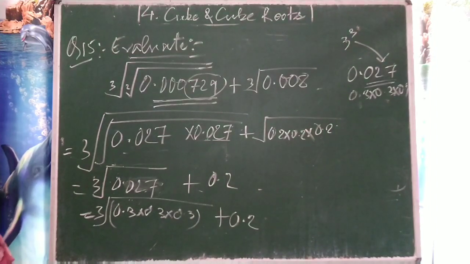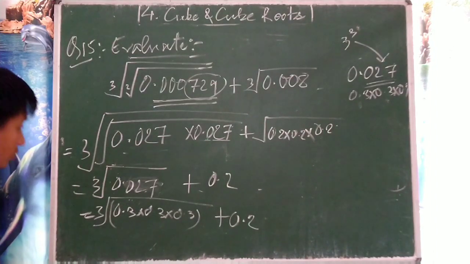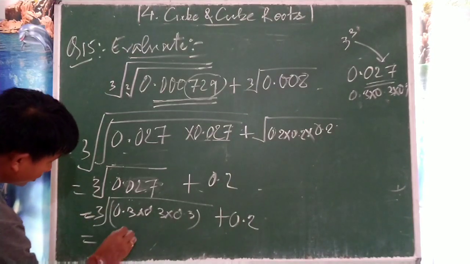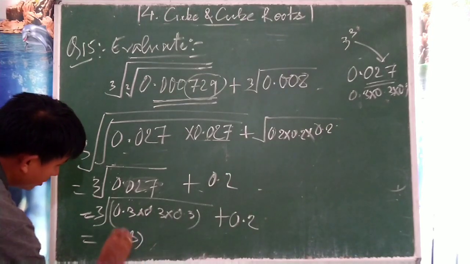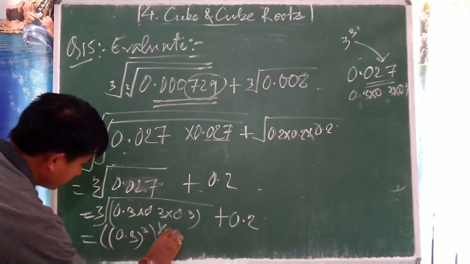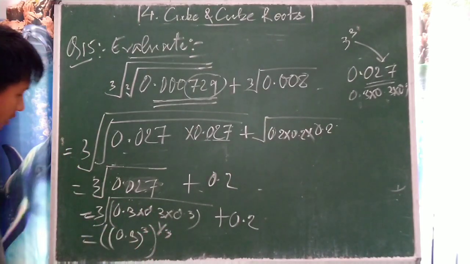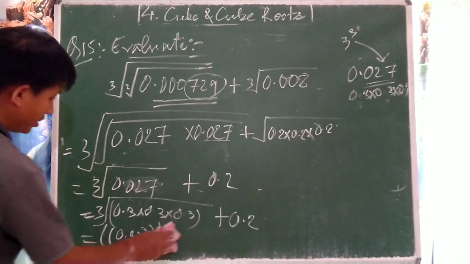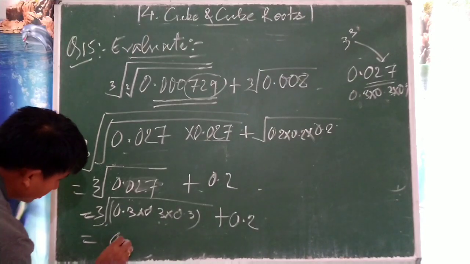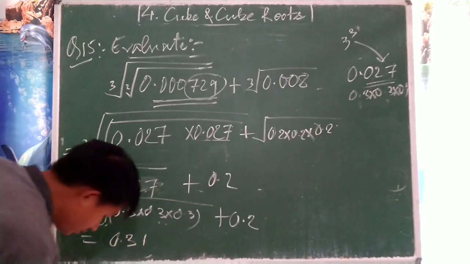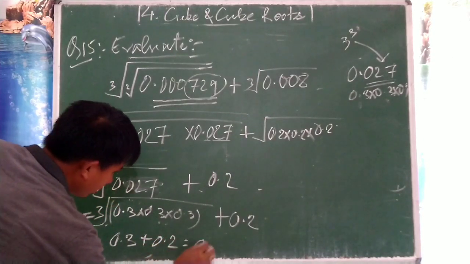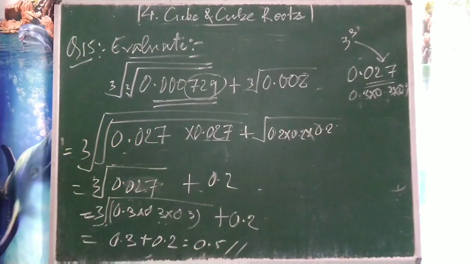Okay. If you really want to go a bit deeper, just do some few basics beyond this. Just like this cube root. So 0.3 is 3 times, so to the power 3. This root over, so this is 1 by 3. So 3 cancelled out. So only 0.3 remains. So 0.3 plus 0.2 equal to 0.5. So this is the final solution.